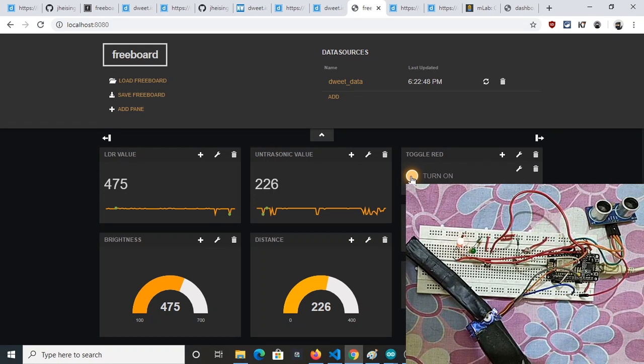And it will also turn off here. The delay is around 10 seconds. Yeah, it's turned off.